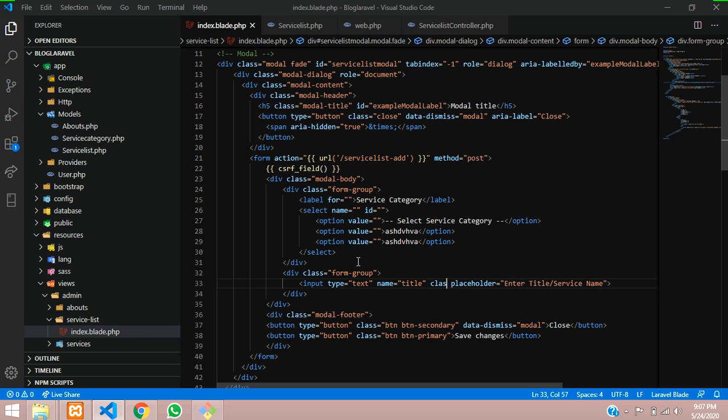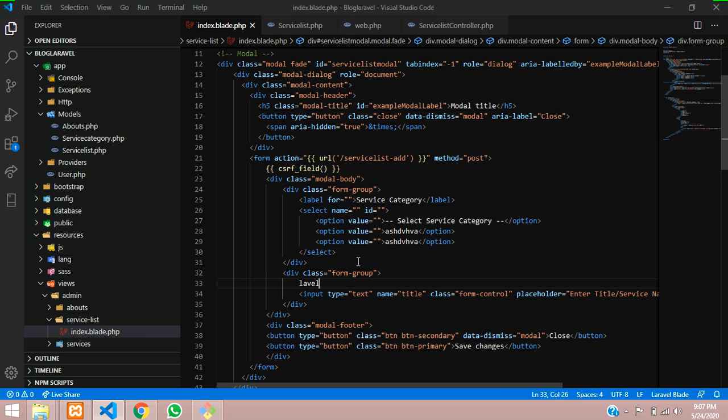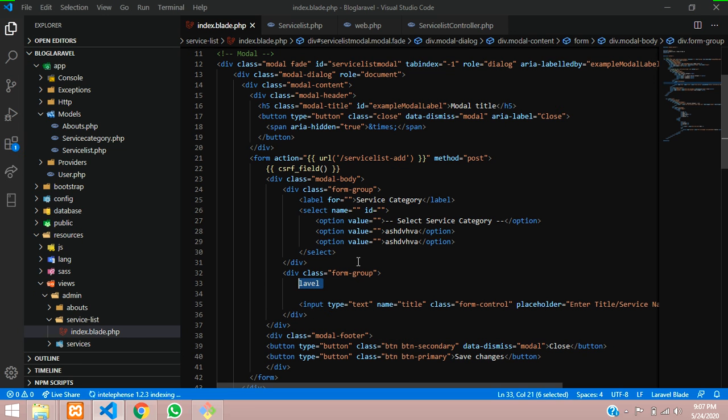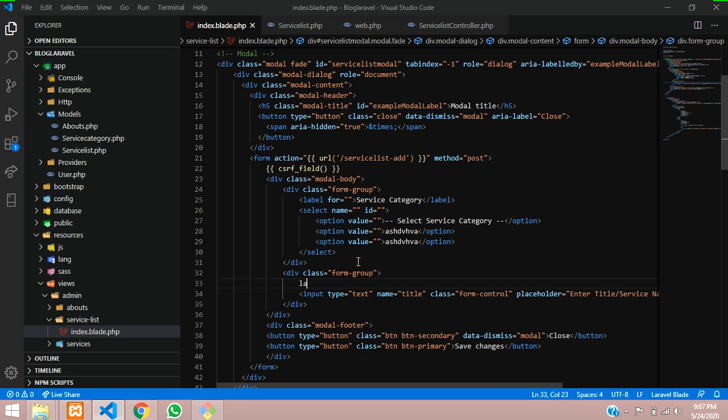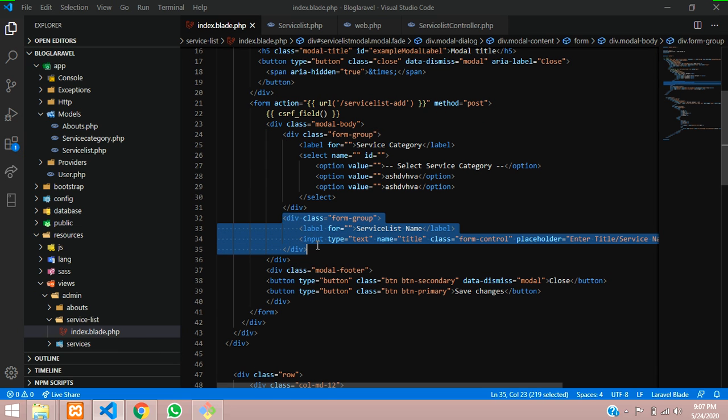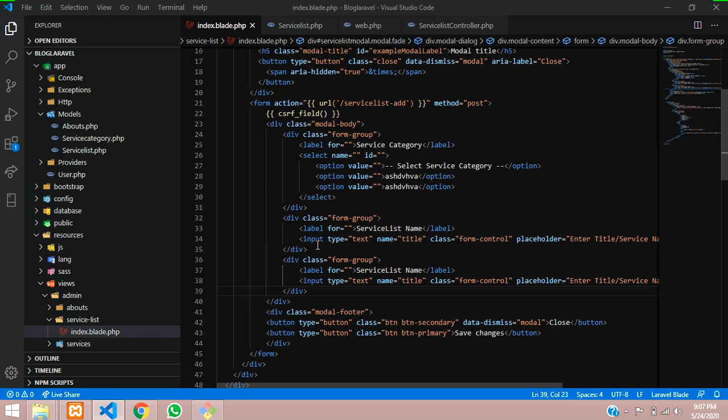Let's give a class form-control, and a label where I'm going to make it service name, service list name. That's it. Copy the same thing and let's make it for price.